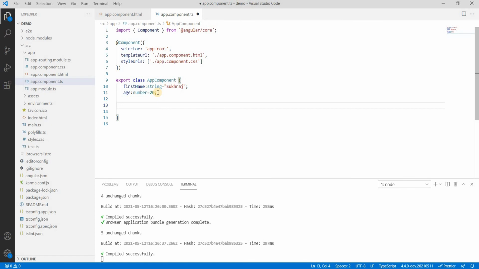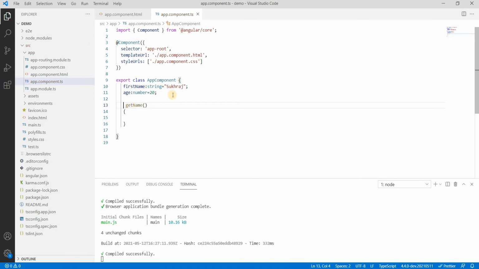If anyone wants to declare a function, then the syntax is, suppose I am saying getName, it will work fine. But if someone tries to give the function keyword here, like in JavaScript or even .NET, the function word is required there, but here no such function word is required, in that case it will give an error.